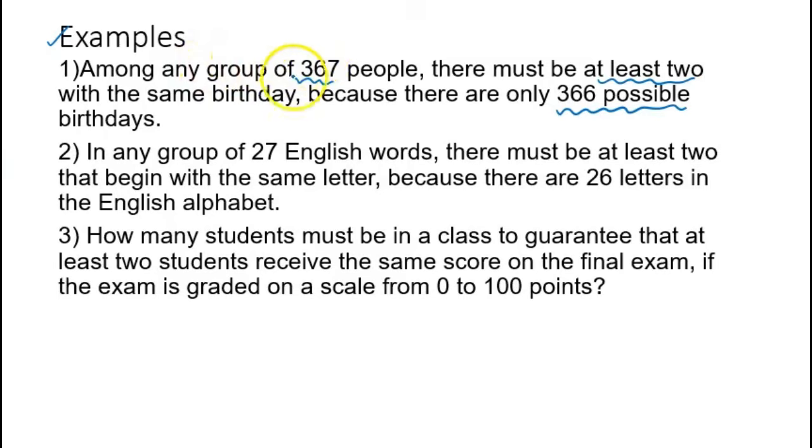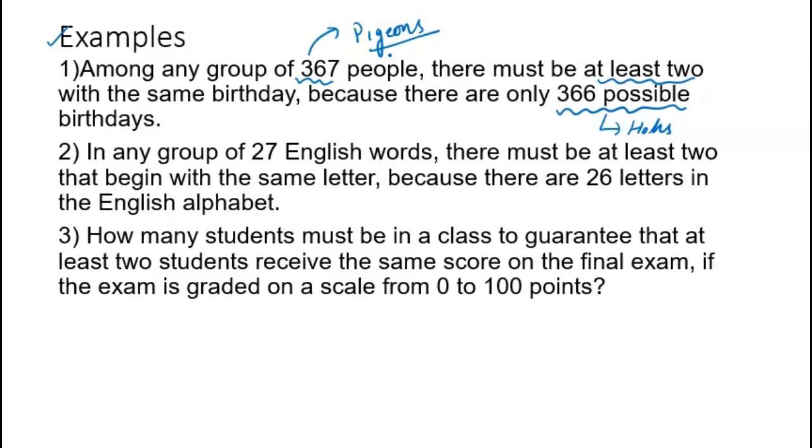So if there are 367 people, I can consider these 367 people as pigeons, and the possible birthdays that are available as the holes. So these 367 people have to occupy these 366 holes. It means that there will be at least one hole which will be occupied by more than one pigeon, meaning there will be at least one date on which at least two people will be born on the